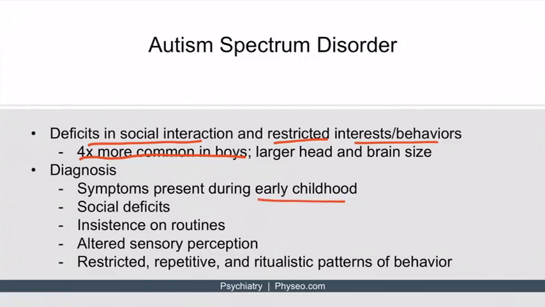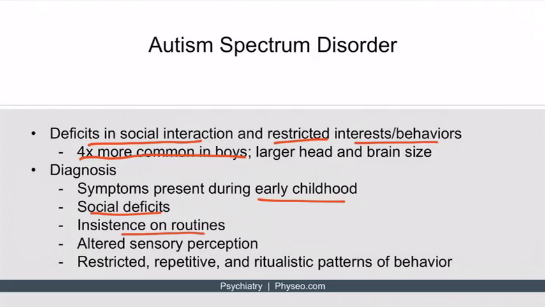There must be deficits in social interactions, such as a young child who consistently shows no interest in playing with others, or who doesn't attempt to communicate or understand parents and peers. Children with autism often insist on a set routine, and changes from the expected routine can cause significant distress.